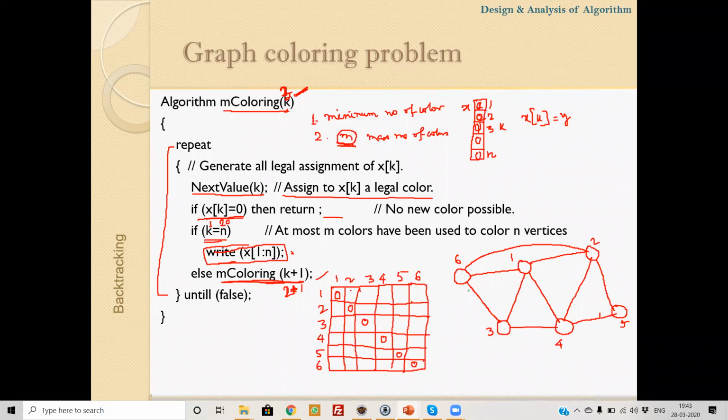Vertex 1 is connected with 2, 1 and 6 are connected, 1 and 3, 1 and 4. Then vertex 2 is connected with 1, 6, 5, 4. 2 is not connected with 3.